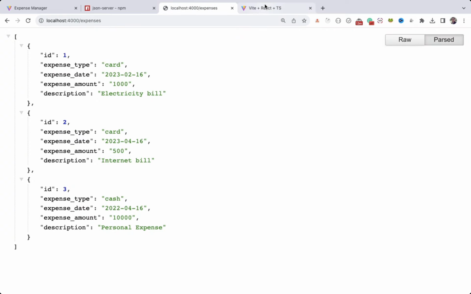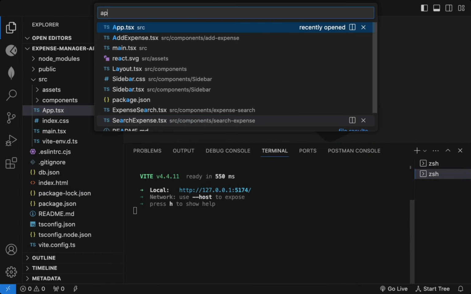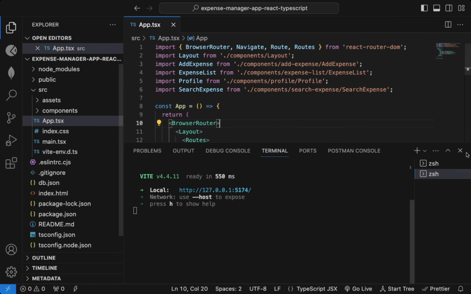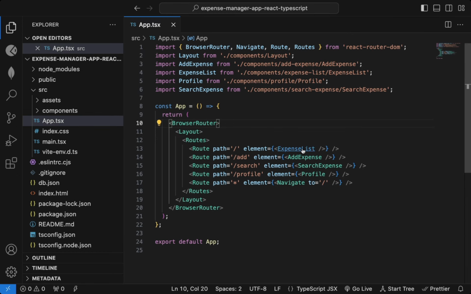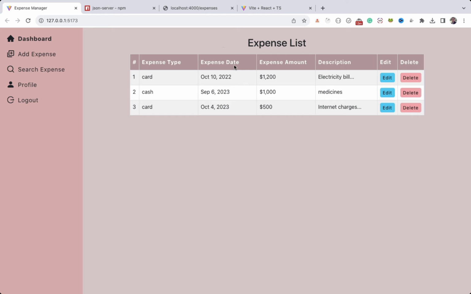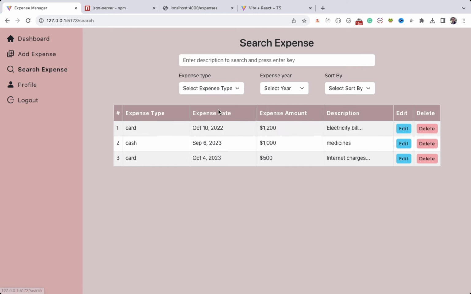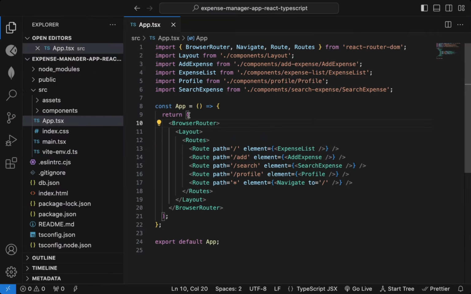Now I want to, instead of the expense list, get that list of expenses coming from this API. So let's open app.tsx. Here we have this expense list component. Now if you think, we want this data of expenses in the expense list component and search expenses component also. So instead of fetching this twice, we can fetch it only once in the parent component, like this app component,